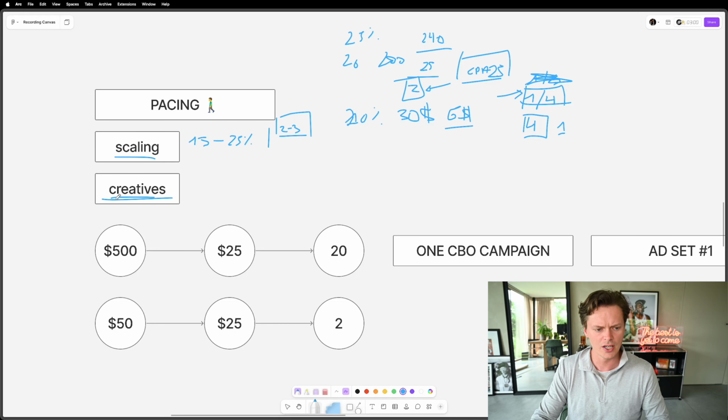Another thing is creatives, right? Take into good account that your CPA attribution works on an ad set level and should be working on a creative level, right? You can't run like the gurus love to do on TikTok. You can't run 50 creatives on a $50 budget because every single creative is going to get $1 if it's